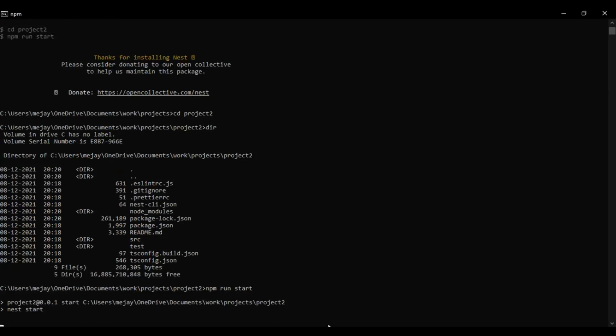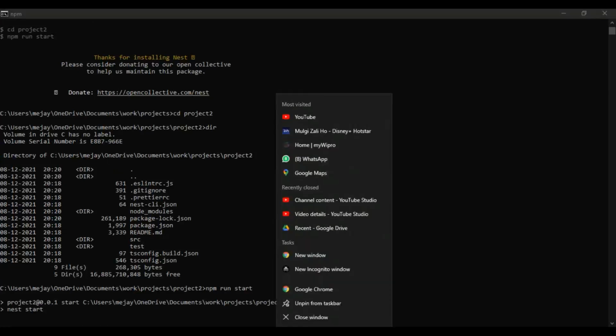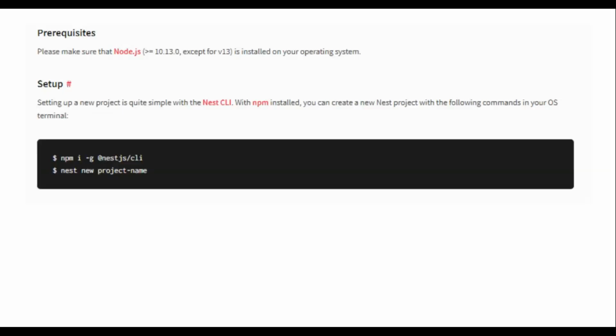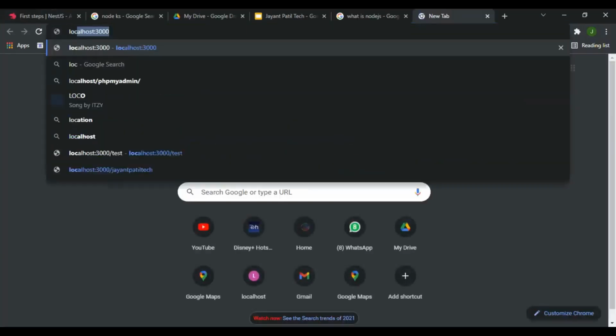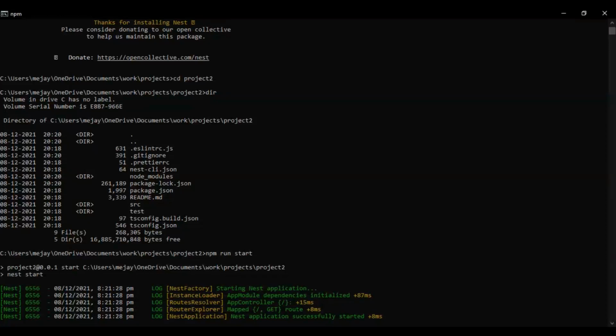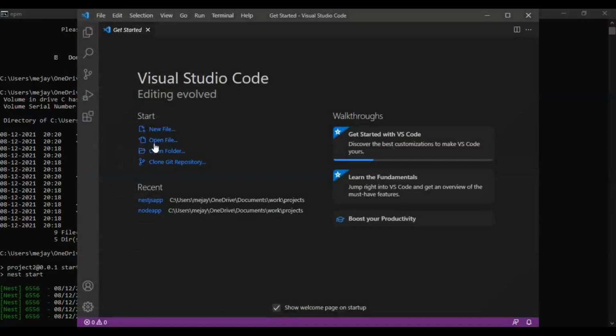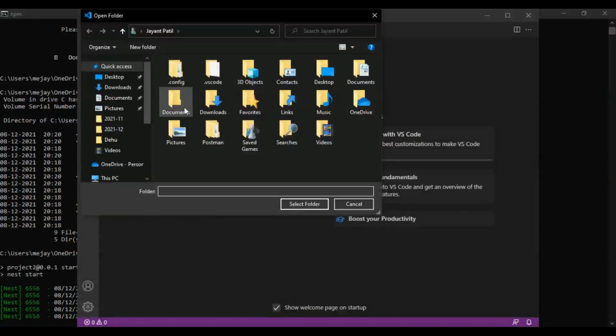So the server is started. We need to check in the browser. Localhost 3000. So you can see hello world is printed.